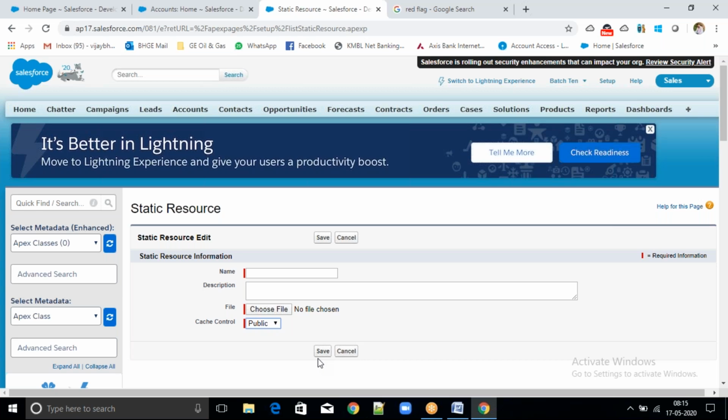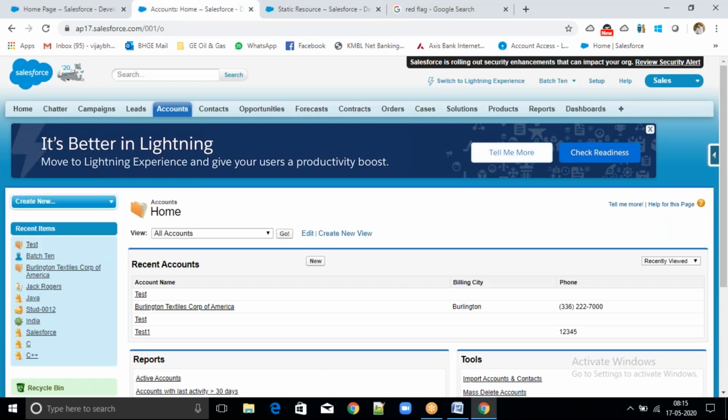Can you work on this? Yes, sir. So you can search in Google how to display flags using static resource using formula field. Like this, you can search. You can change the text and try to search. Are you getting what I said? Yes, sir.